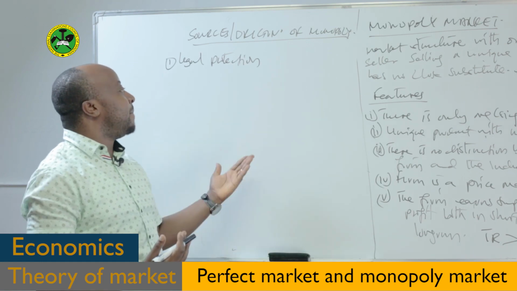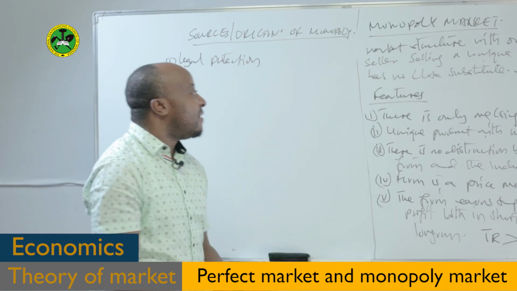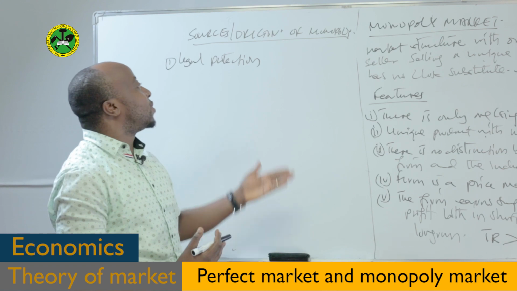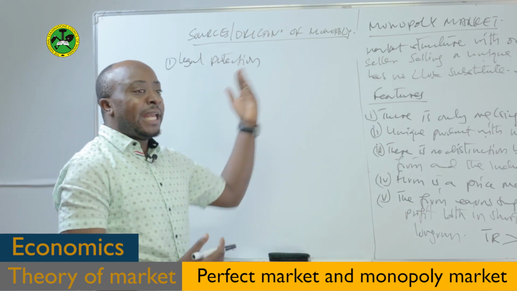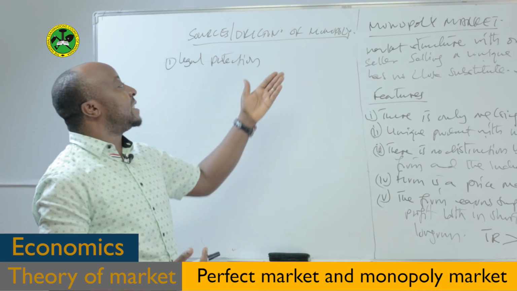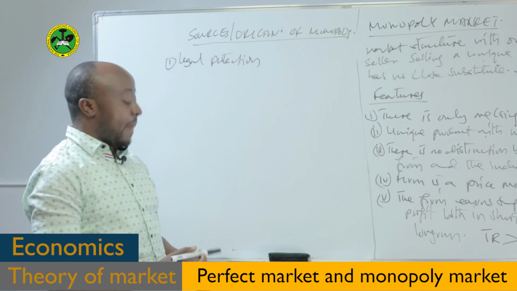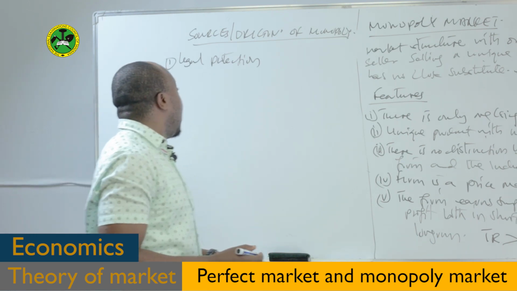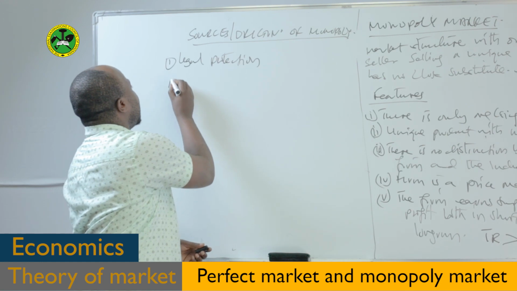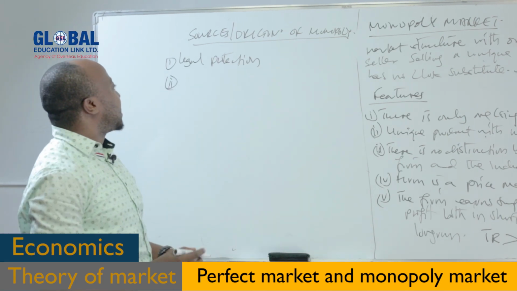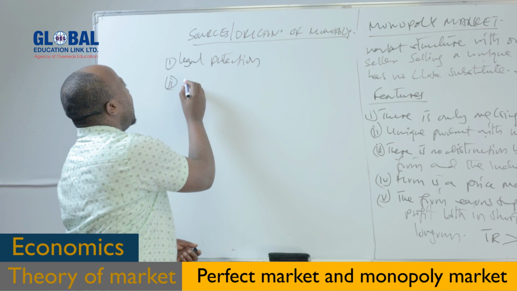The law is protecting them because they are a public monopoly. For that case, no one is allowed again to produce and supply electricity in the economy. This is when we speak of legal protection. The second source of this market of monopoly, we say, is through patent